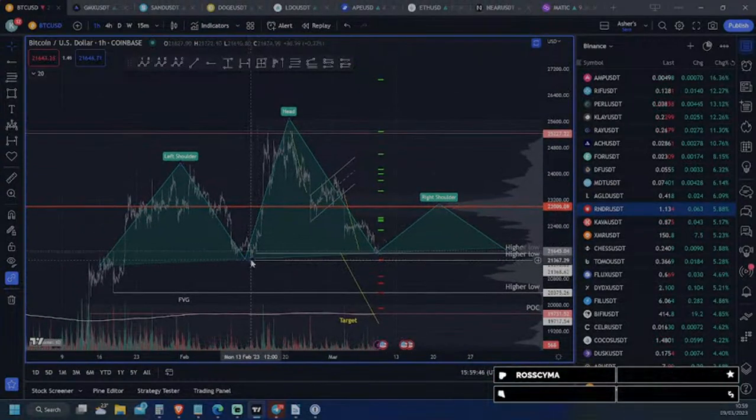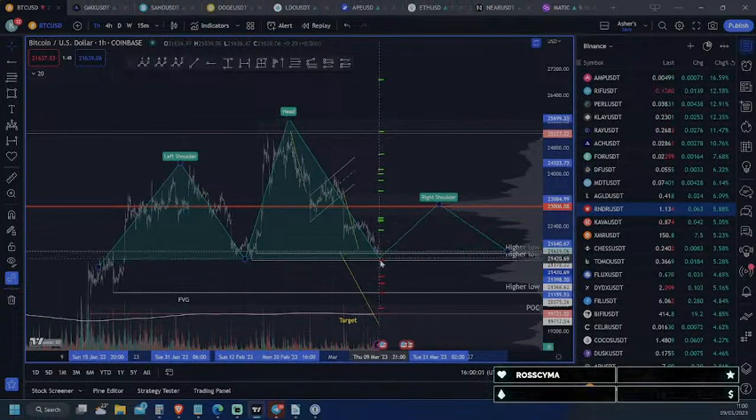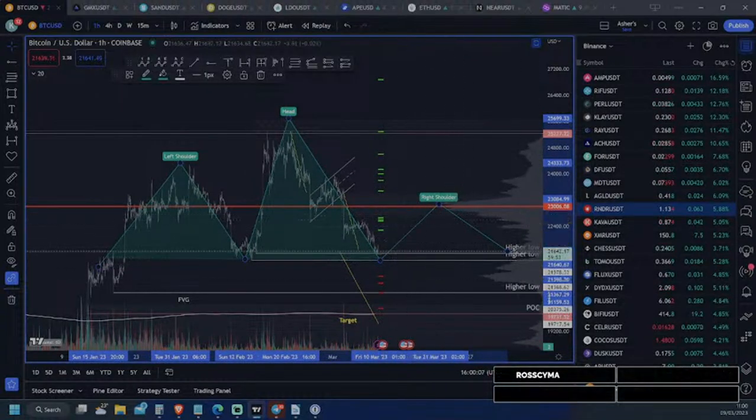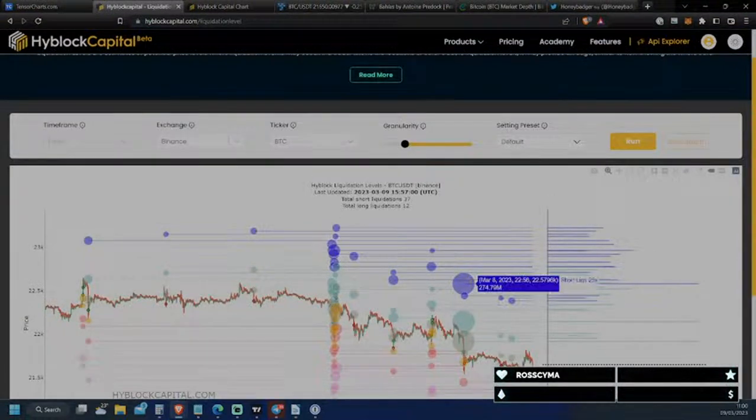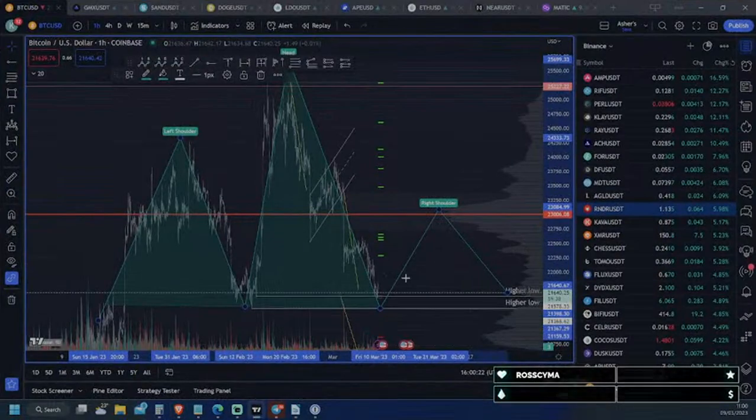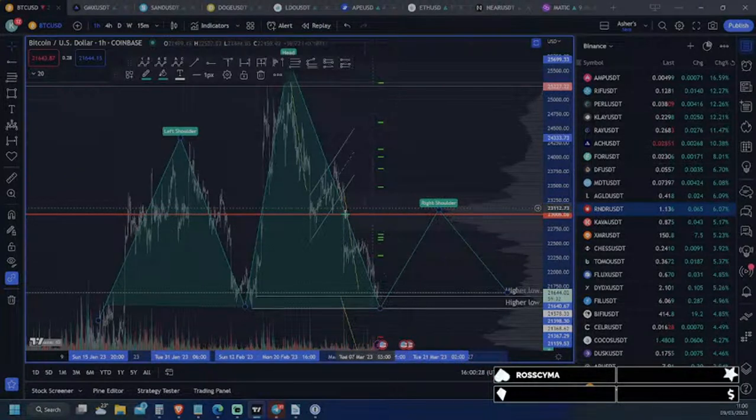So right here would be the neckline, and we are still making higher low patterns, although even if we come down to this level here at 21,393, we would still technically be in this head and shoulders pattern almost perfectly. Now, our liquidation levels that I had previously mentioned are up here at around 22,500 up to 22,700, which is also in line with this point of control here and this massive fair value gap that has